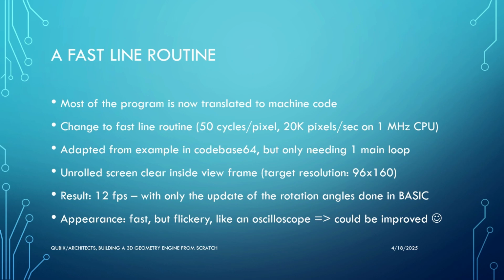I also optimized other things, and then the result was 12 frames per second. And the only thing remaining in BASIC then was the update of the angles. So in principle, that program can still be adapted to not only do a free rolling rotation, what I usually do,